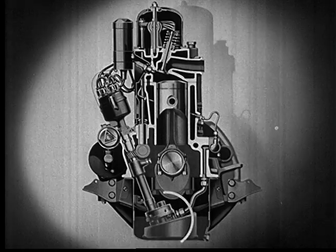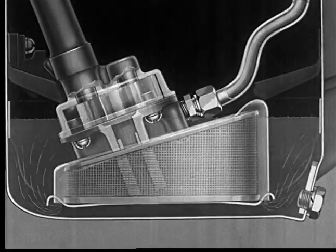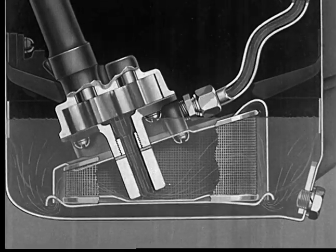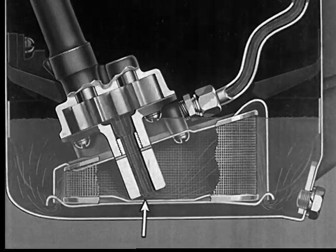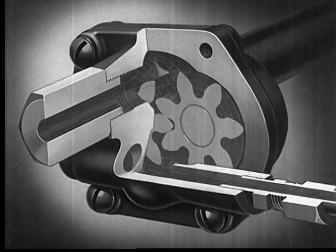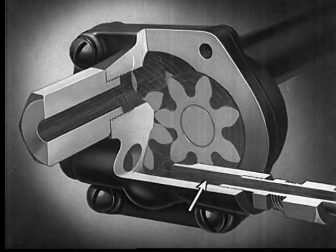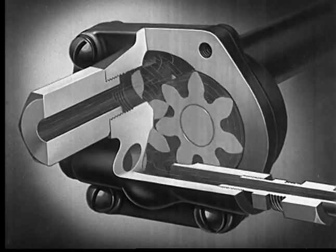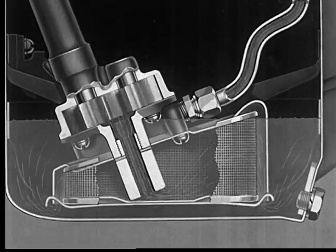The heart of the lubrication system is the oil pump. In the oil pump, the two revolving gears create a suction as the teeth move apart. This suction draws oil from the storage reservoir or oil pan. The gear teeth carry the oil around as they revolve, and then, as they mesh together, force it to the engine parts. Each gear tooth sends a strong spurt of oil, and at normal engine speeds, the result is a